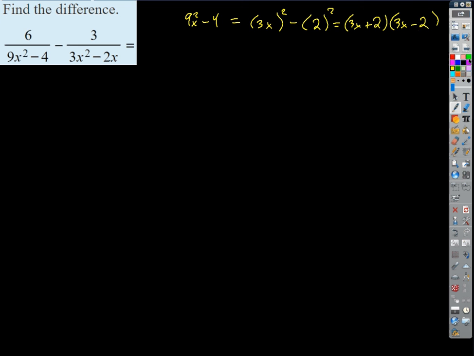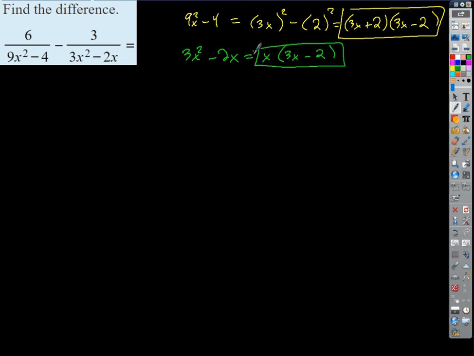Yep. Okay, what about the other one? We get 3x squared minus 2x. Can I factor anything out? I can't take any numbers out, but they both have variables, right? x equals x. So what can I undistribute? x. What am I left with? 3x minus 2. Okay, so here we go. So this is my factored form of the first denominator, and this is my factored form of the second. Do they share any? 3x minus 2. Aha, they share the 3x minus 2, don't they? Yep. So then my LCD